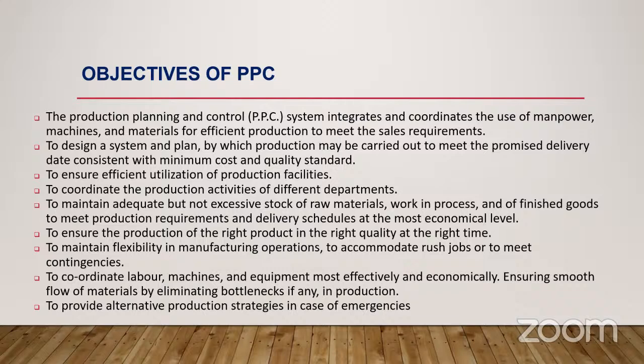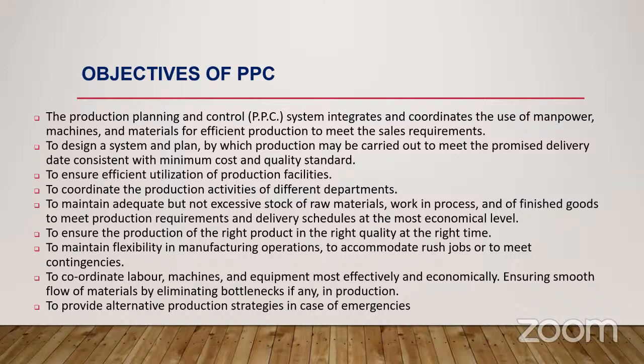For example, if you want to make my photos perfect, say I have to decide between a OnePlus or the iPhone that we have to purchase. The iPhone delivers the systematic and desired output in case of camera quality. But side by side, take the case of cost. The cost also increases. It's not so that you get better quality with low cost, but that is the consumer's point of view. You have to think about the producer's point of view also, because maintaining quality is not an easy task. So to design a system and plan by which production may be carried out